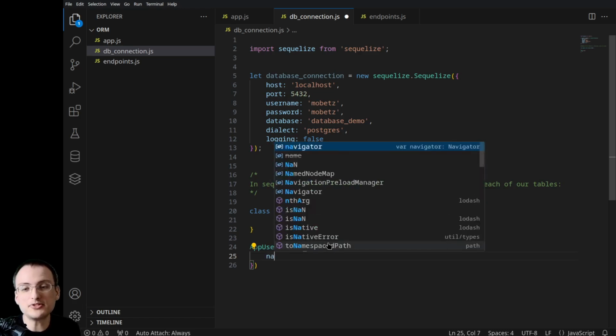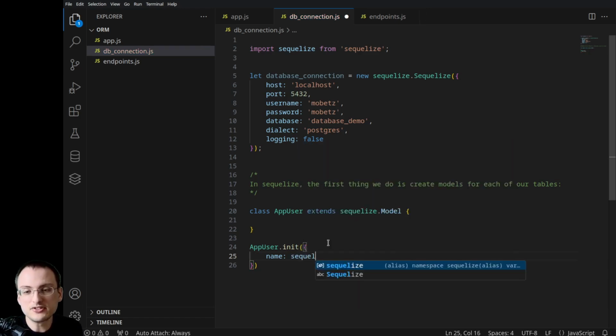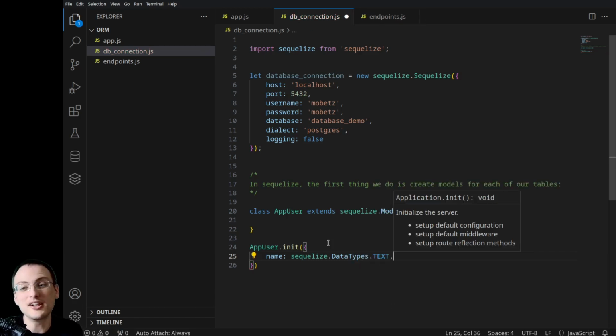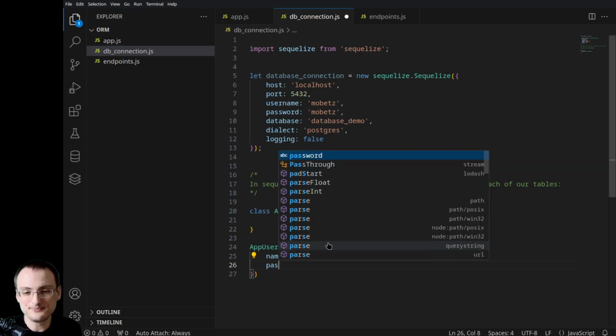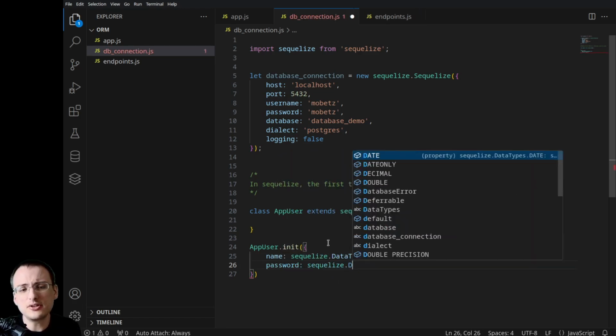So if my app user has a name column, I put name as a key in this object. For the value, I'm going to put something that represents the JavaScript type. So for us, that's going to be Sequelize.DataTypes.TEXT. Name is going to be a text column. So I'm going to add text. Password, also a text column. So I add